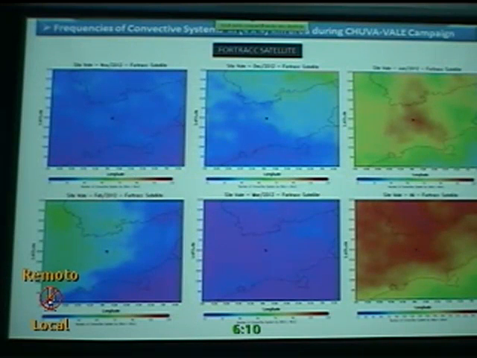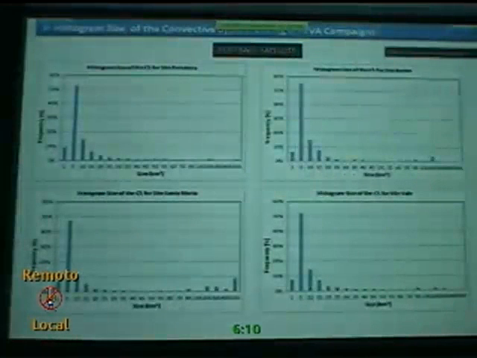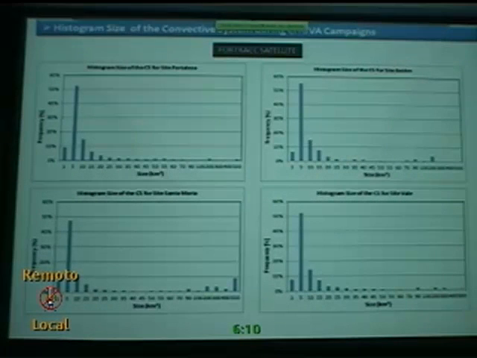Has some discussed by Julia, and probably these are what's called squall lines. And